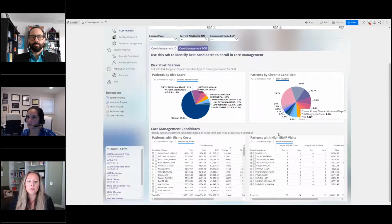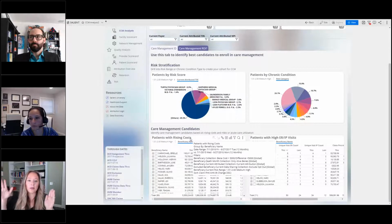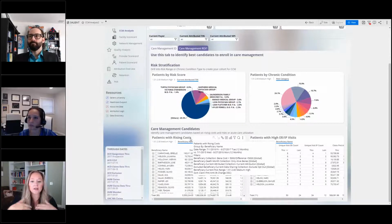So maybe throw in a rule there, like having 3 or more inpatient visits or 4 or more ER visits. And then, of course, this rising risk, rising cost of patients, that whole concept. So the patients who are at $100,000, those are the sickest of the sick. But maybe it's the people who are trending upwards that you really need to capture to push them back down. So it's maybe those who started at $10,000 that went to 15, that went to 35. Those are people that are slowly or incrementally increasing that you want to capture and enroll in this type of